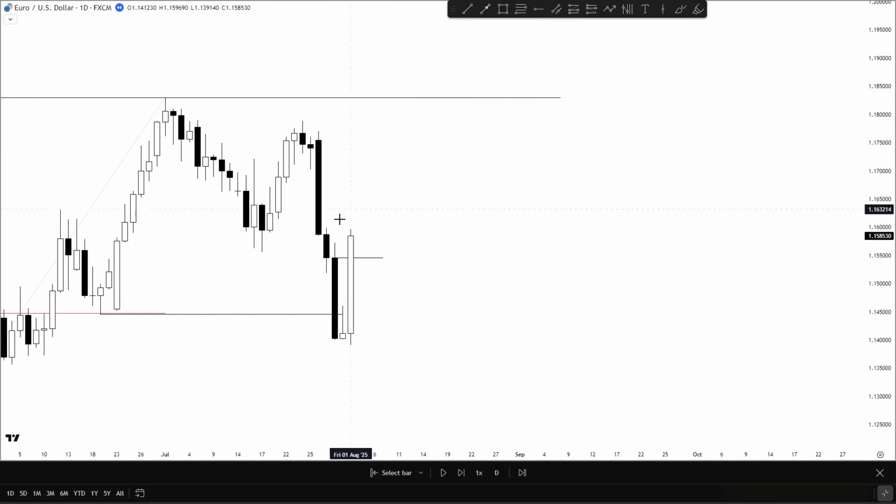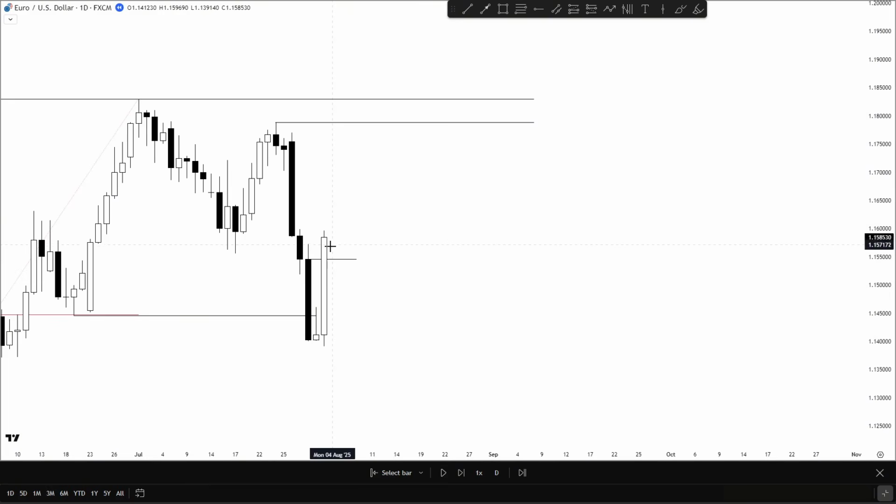Our drawn liquidity, based on the analysis we just did, is now this high and this high, and the directional bias is bullish. You can see that last week Friday closed higher and we had a change in the state of delivery, a structural shift. Now for the next week, our directional bias would be bullish. We expect price to have a bullish range expansion higher towards the drawn liquidity.